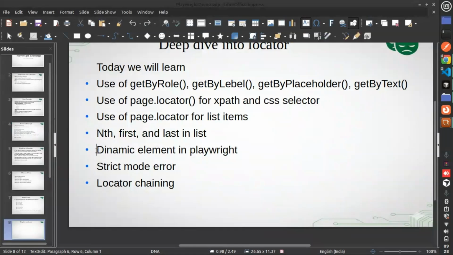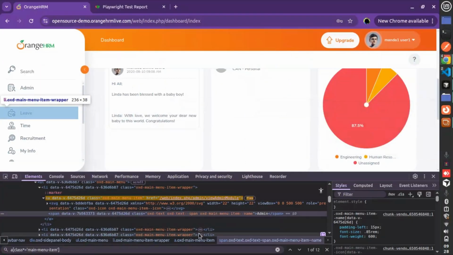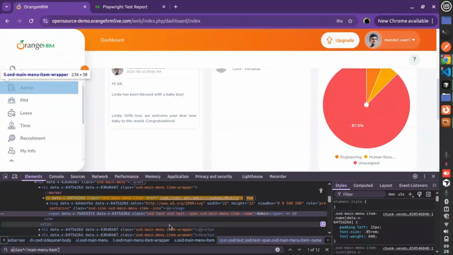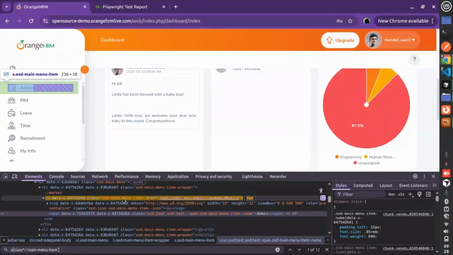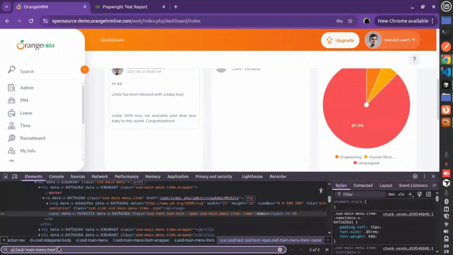Cool. Dynamic elements in Playwright. For dynamic elements, we can write the XPath, for example where the class name is getting changed. In that case, we just need to change the locator. Let's say I want the locator which starts from this icon; using this icon, we can identify all the anchors which start with, let's say,